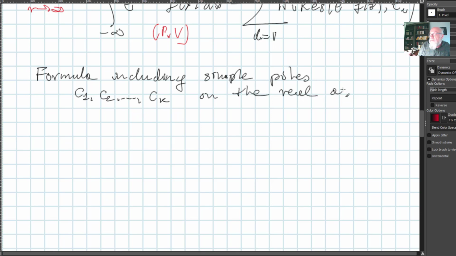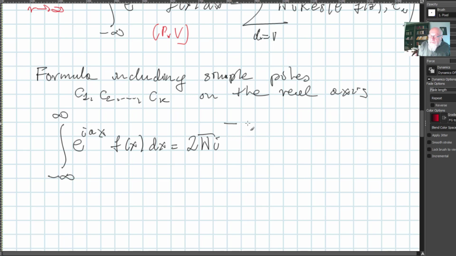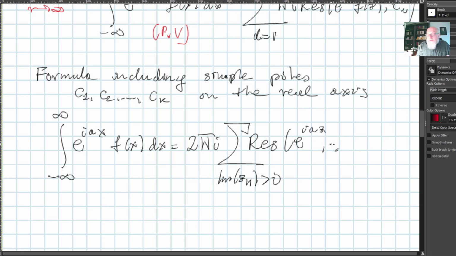And then we are getting here that this integral from minus infinity to infinity of e^{iax} f(x) dx is equal to 2 pi i times the sum, over z_n with positive imaginary part, of the residue of f(z) e^{iaz} at z_n, plus pi i times